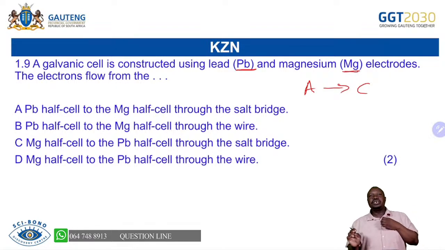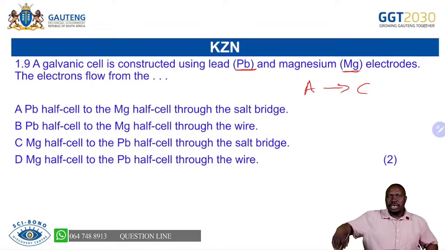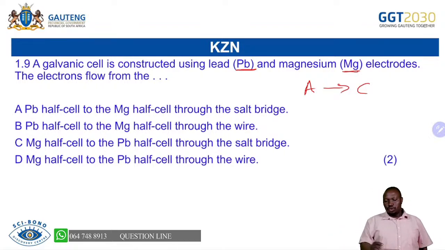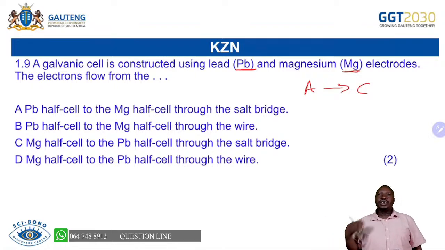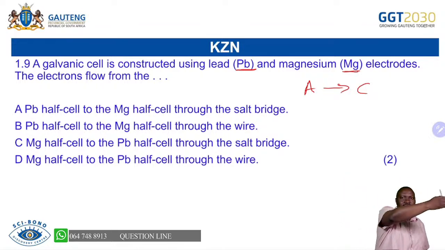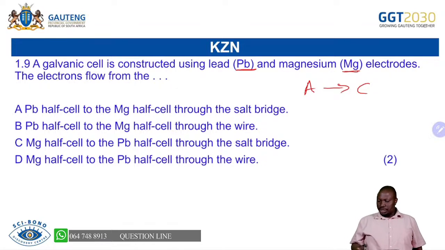So this question is simply saying to you, between magnesium and lead, which one is a stronger reducing agent? So you see the importance of a table, because immediately when you go to the table, you'll be able to look for Pb and Mg, for lead and magnesium, and be able to check which one is a stronger reducing agent, because a stronger reducing agent is the one that will lose electrons. So if I go to the table,